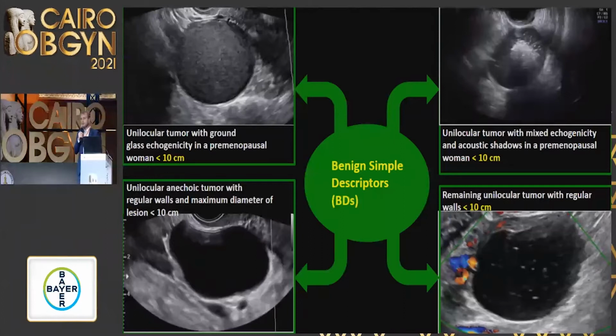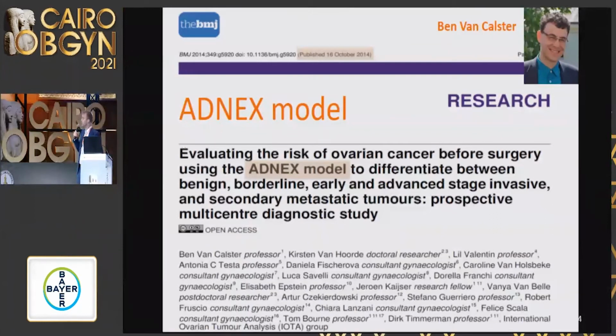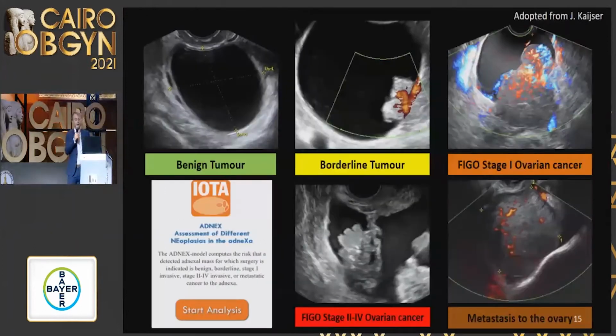But what if you're stuck and you're not able to recognize one of these features? Then we would recommend the use of the UpNext model developed by Professor Ben Van Calster, the statistician of the IOTA group. That is the first mathematical model that is able to calculate a risk. It can calculate the risk of malignancy, but besides that, it's also able to predict the risk that the patient has a borderline tumor in percentage,